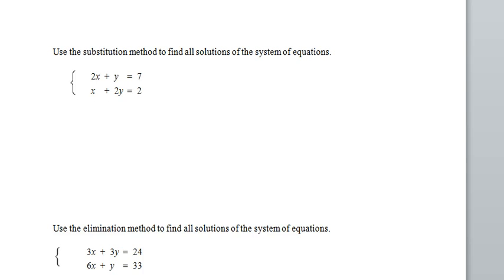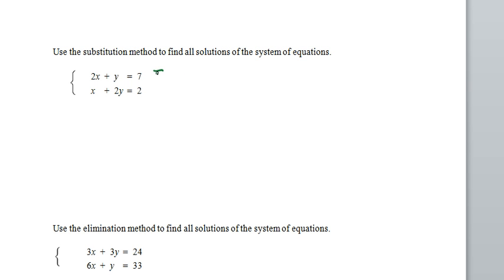Use the substitution method to find all solutions of the systems of equations. When we look at this system, we see that the coefficient of y in the first equation is 1, and the coefficient of x in the second equation is 1. And so those two variables are good candidates for being isolated in the first step of the substitution method. I'm going to isolate the y in the first equation